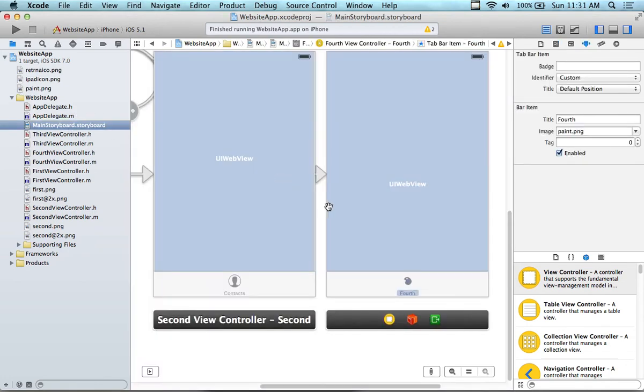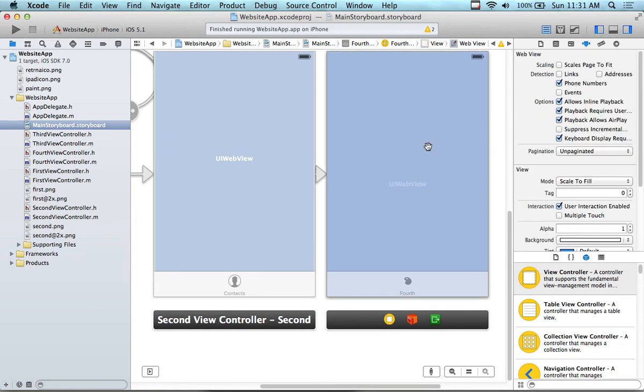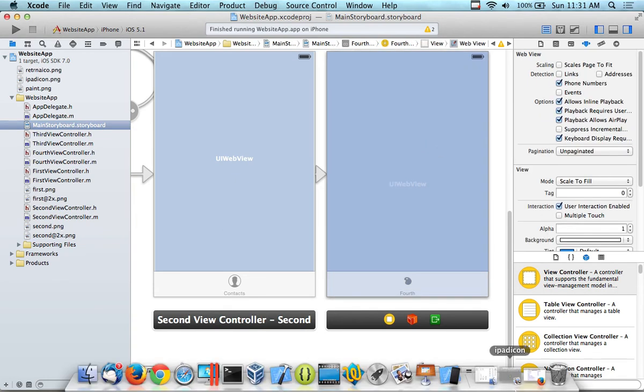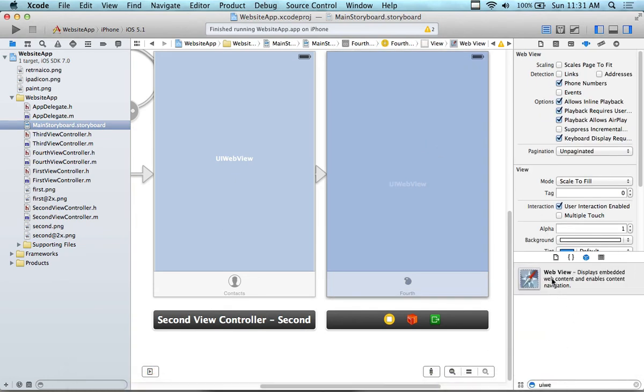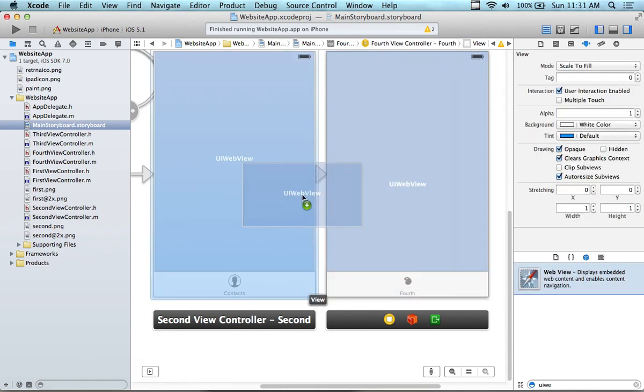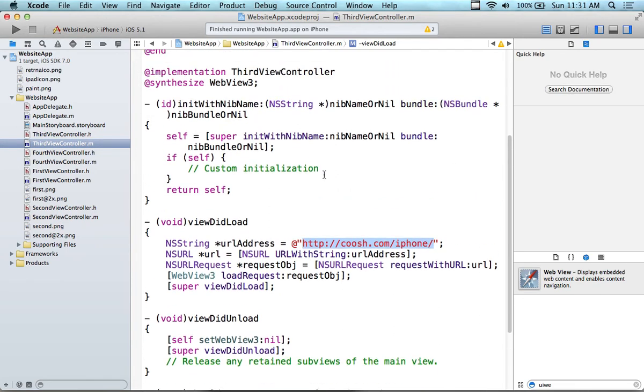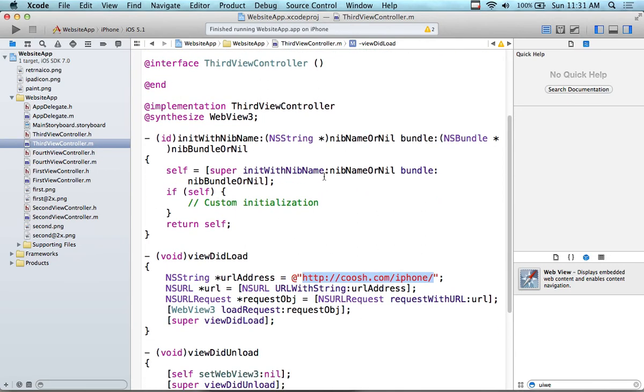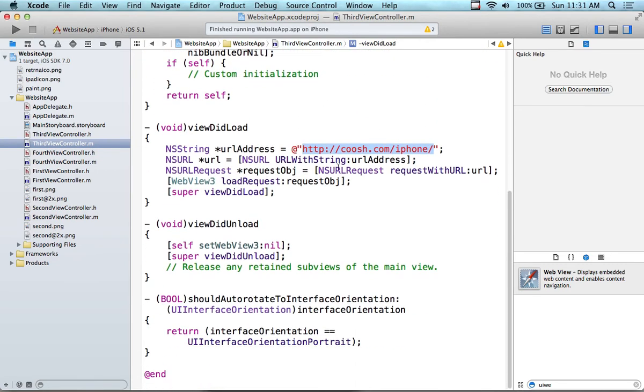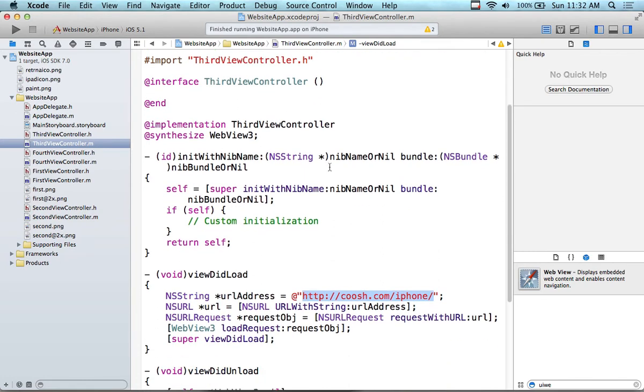On the storyboard itself, it's all contained in here. These are UI web views. How do we get UI web view in there? We went over here and we went UI web, UI web view. You drag a UI web view and you stick it over into the screen. And then in the controller for these screens, each one of them, and here's the address right here, is loading up an address. So if I take this address here, I don't know which one this is, I just picked one at random. This is the third one. I don't know which one that one is. But on the view did load, we have,